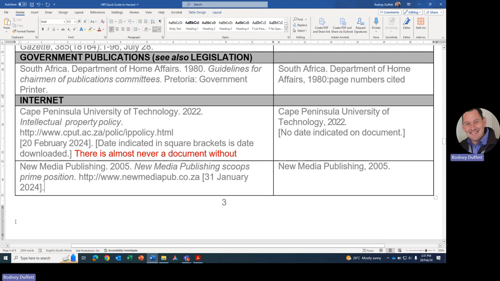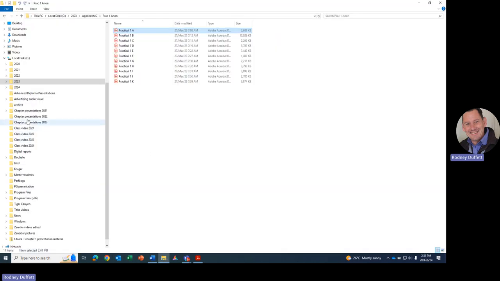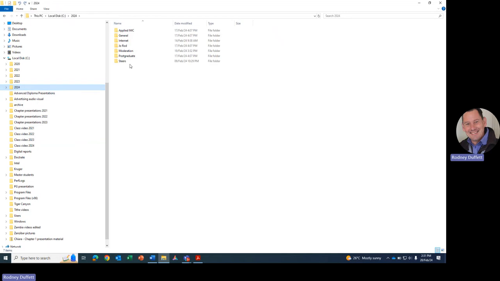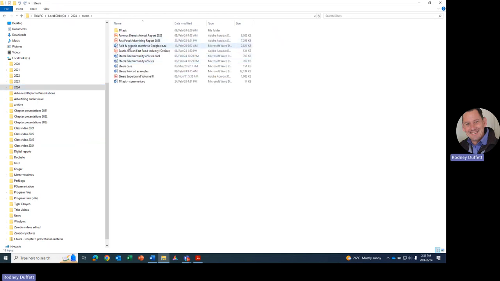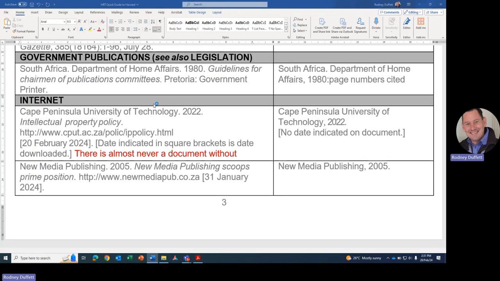Let me just show you that there are certain websites like Biz Community that you should not reference ever. Biz Community should never be the author. Why? Because Biz Community is the publisher. They distribute articles that they've received from various sources. So last night, I made available the case study information for Steers. But if I go to these Biz Community articles,